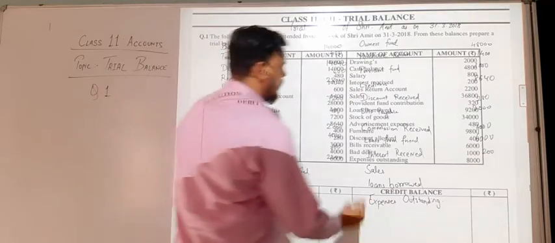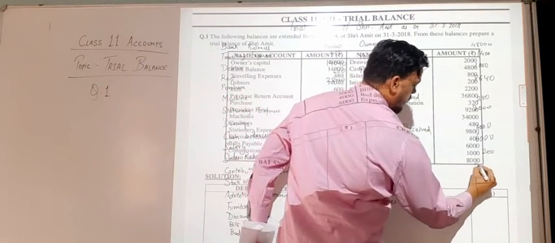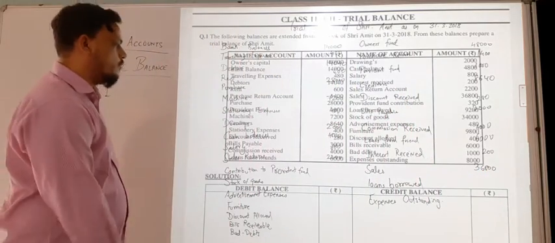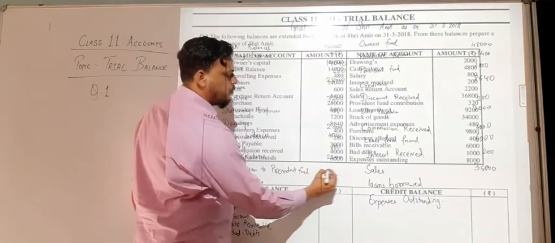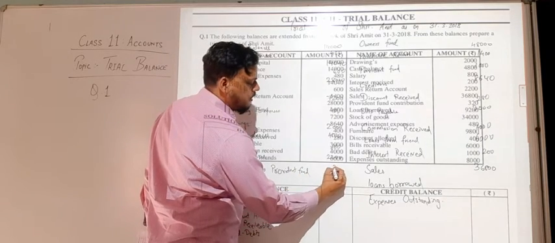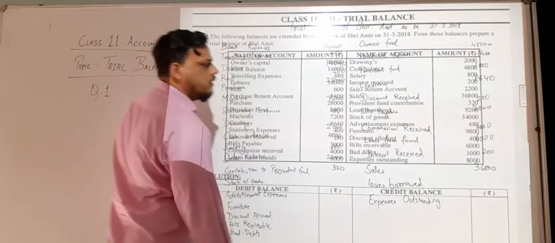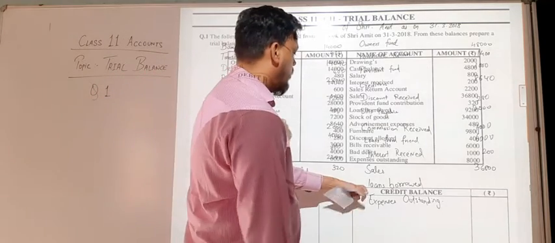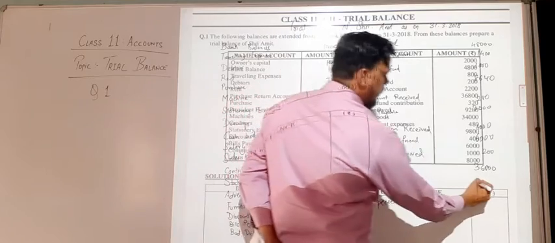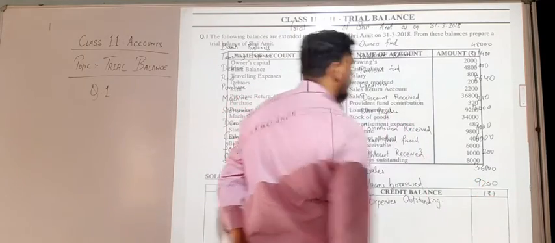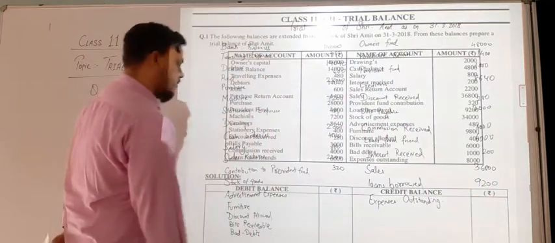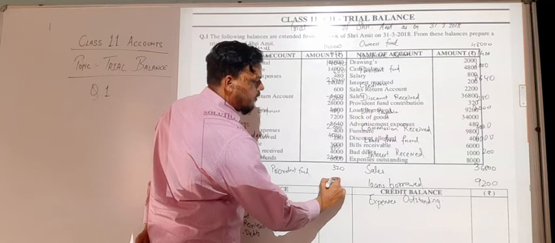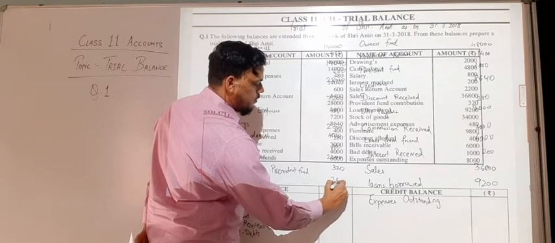Then sales have been given. Sales are of 36,800. Then provident fund contribution. Contribution to provident fund has been given 320. Loans borrowed. Loans borrowed comes under the title of credit side, which is given as 9200. Then stock has been given. Stock is of 34,000.